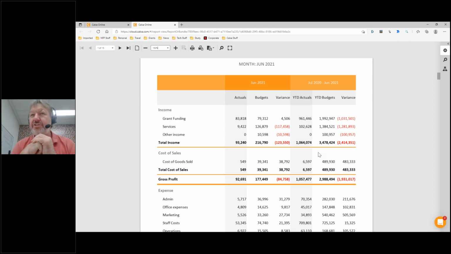it's simple, it's traditional, but it does tell you how you went against your expectations that you set at the beginning of the year. And possibly you might want to compare two different budgets. You might want to compare actuals against the budget that you set right at the beginning of the year, and then the reforecast that you did halfway through the year or three-quarters of the way through the year, and combine those into the one report. So there's different variations on all of these themes depending on your particular needs, but